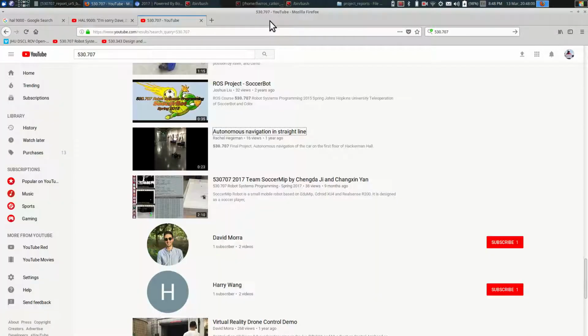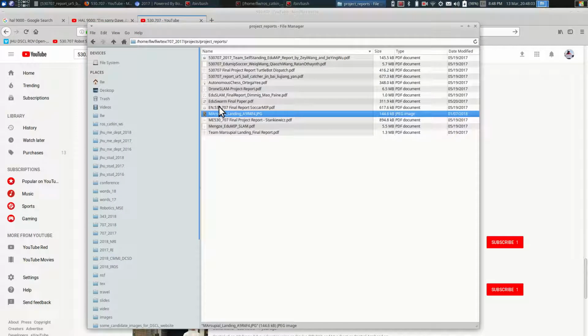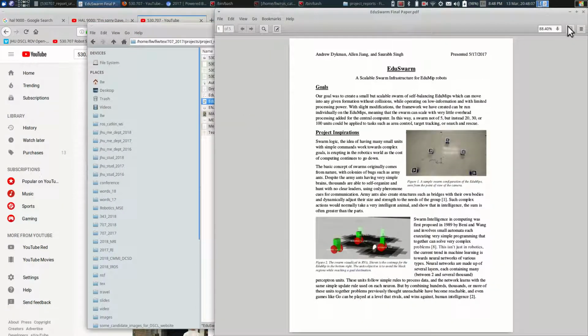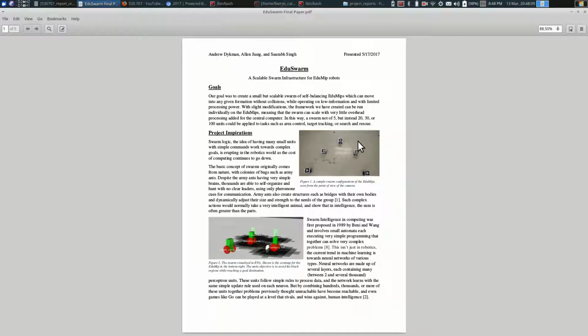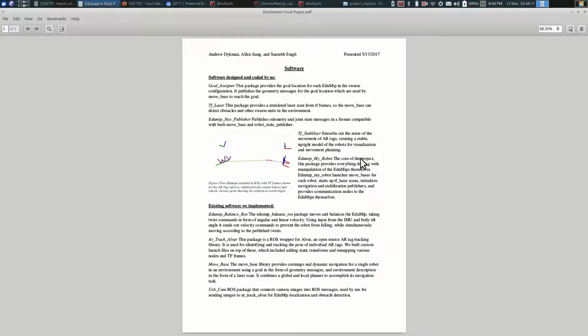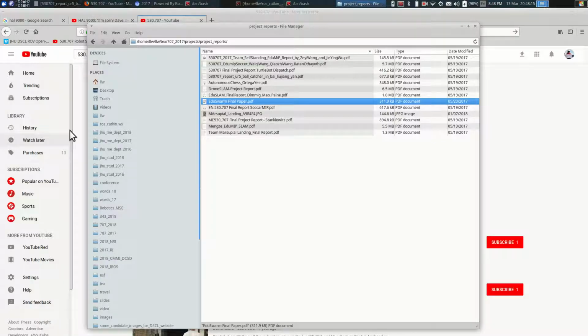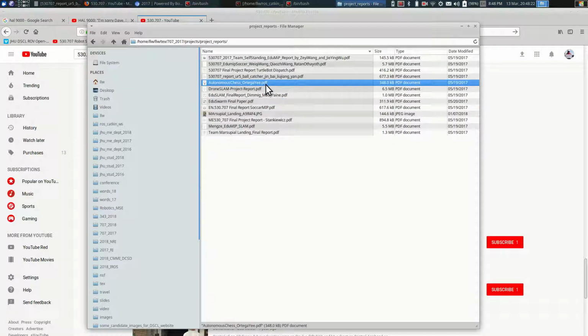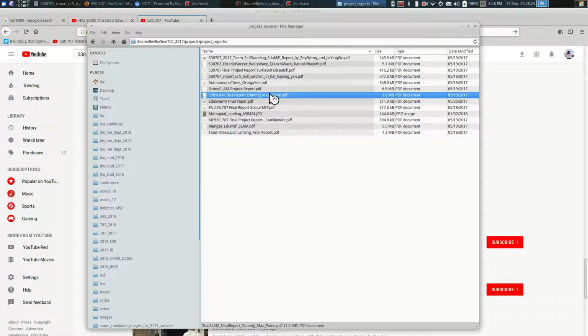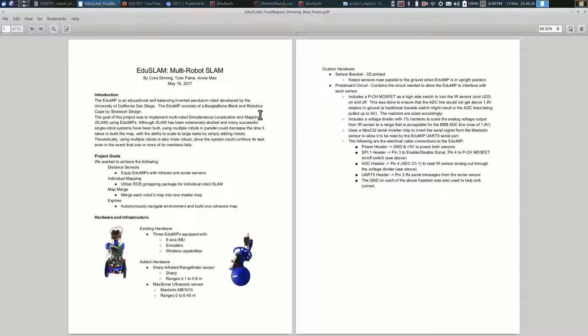So you can browse these things and look at some of the project reports. Some students last year took the EduMips and did swarm navigation with them. This is the EduSwarm project, and there's a YouTube video of that. Let's see, the Thomas Chess, Drone Slam, file report. So Cora Dimming, Tyler Payne, and Annie Mao did a project where they put some sensors on the EduMips, and